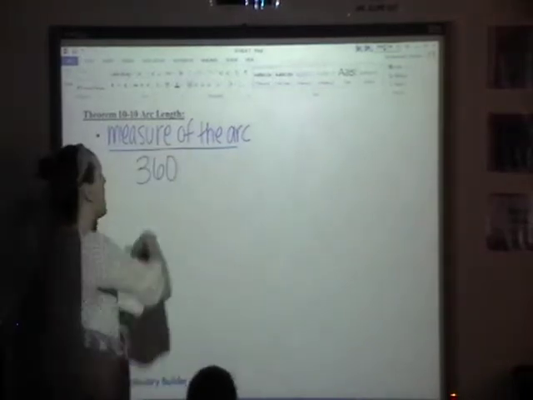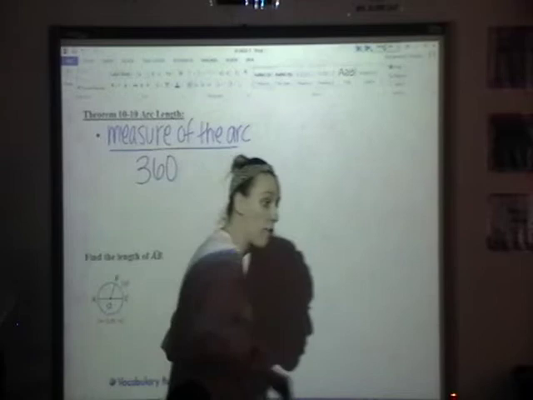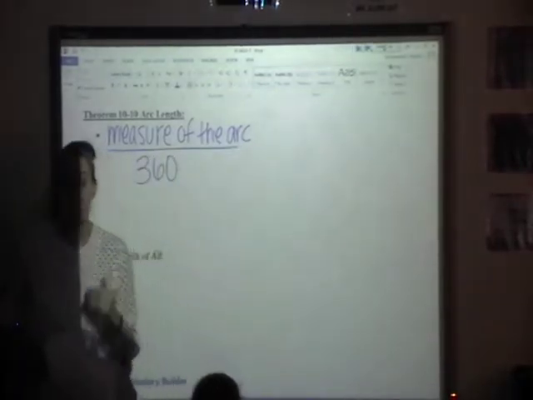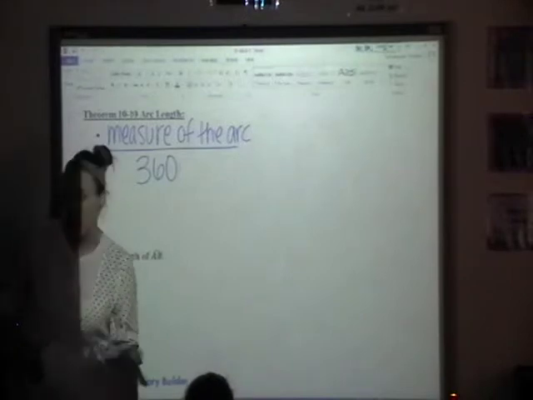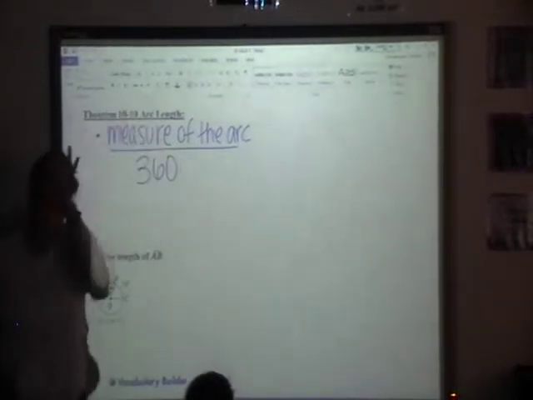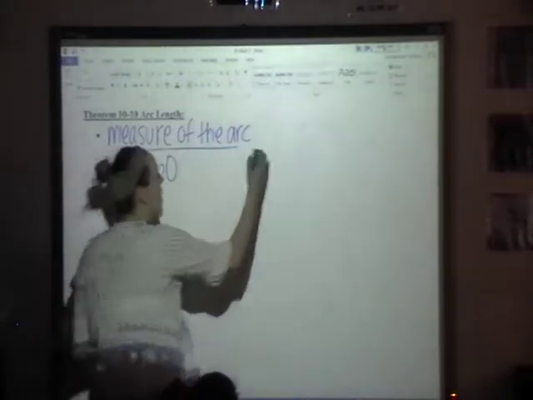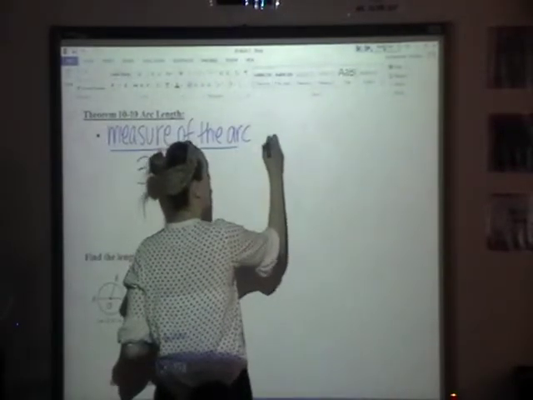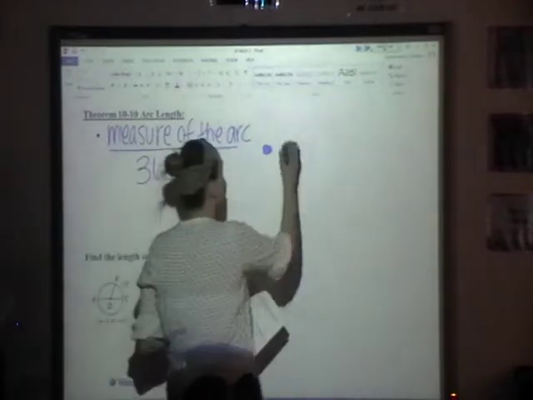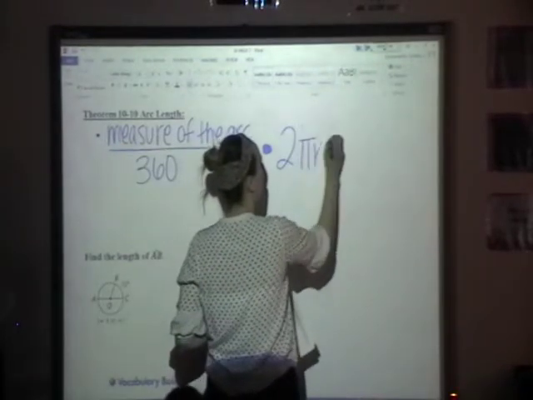Times, this will tell you our distance, like how far did I go around my circle. Because if I went a full circle, that would be 360 divided by 360. That would be equal to 1, which would be your circumference. So this would tell you how far you did go. To figure out the rest, you have to multiply this ratio by our circumference. Either 2 pi r, if you're given the radius,